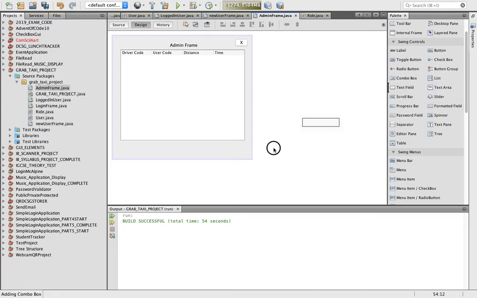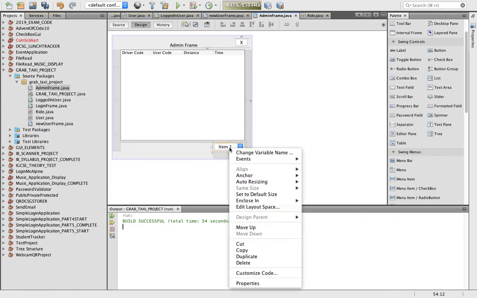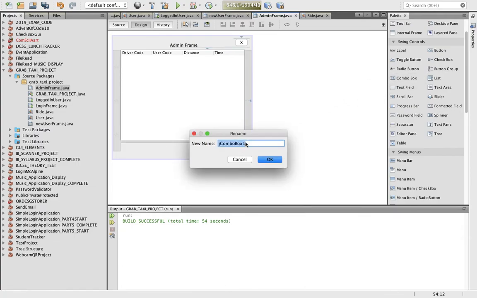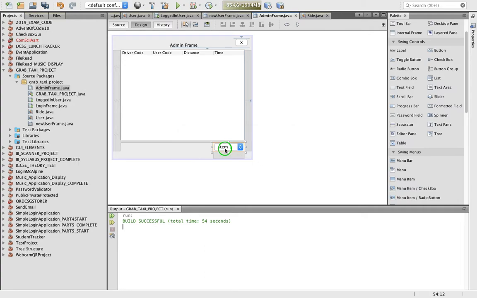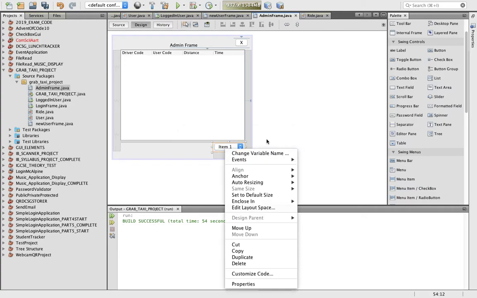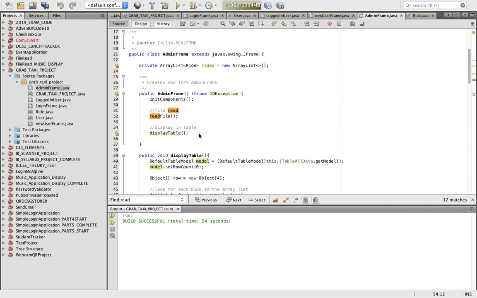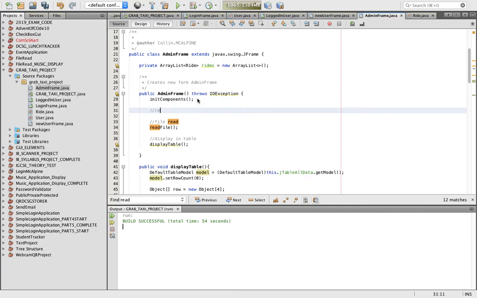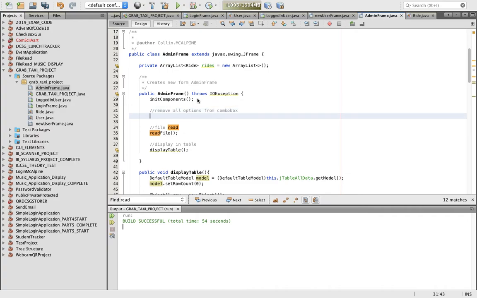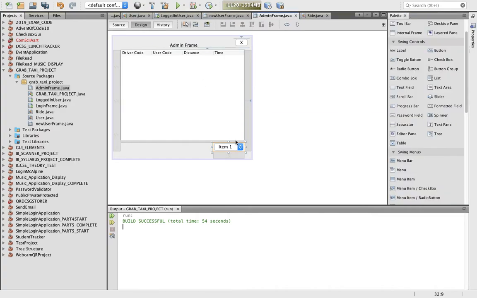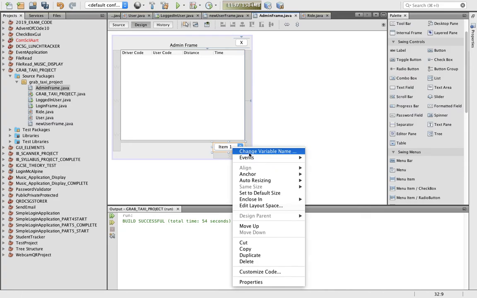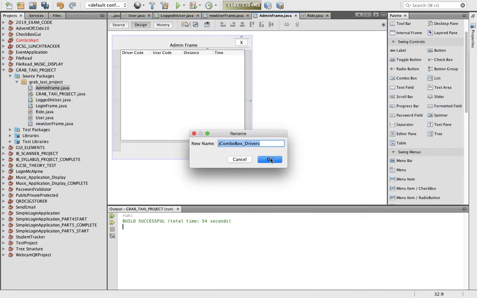Now I want to have a combo box, change variable name, jComboBox underscore drivers, and what I want to do is when this is initialized, I want to remove all options from the combo box. I better go back and get my code, change the variable name, so it's jComboBoxDrivers,